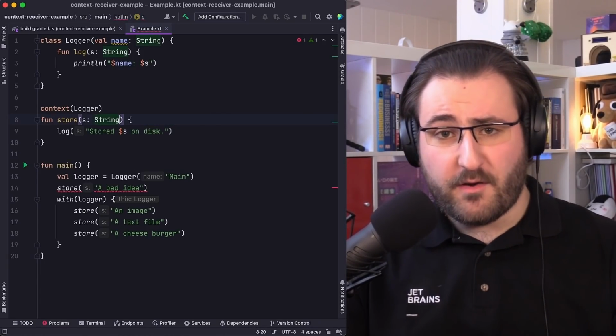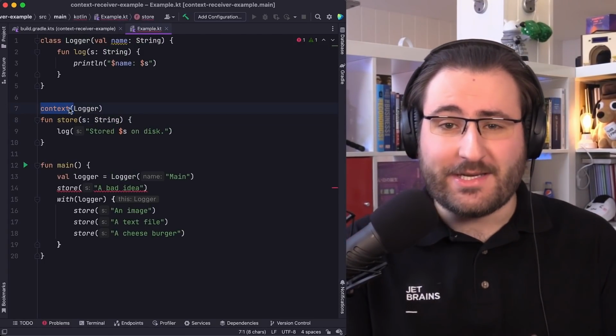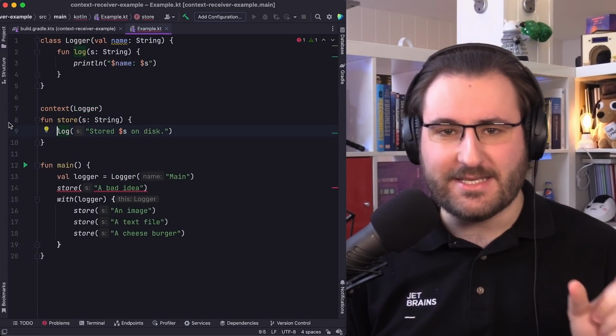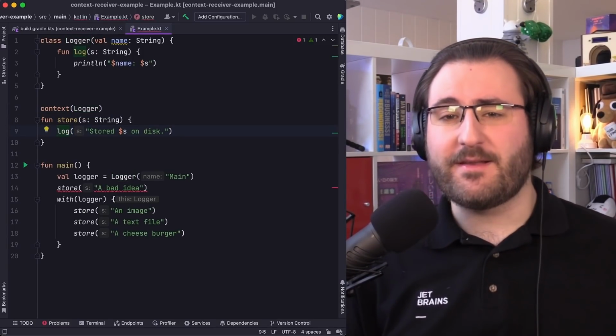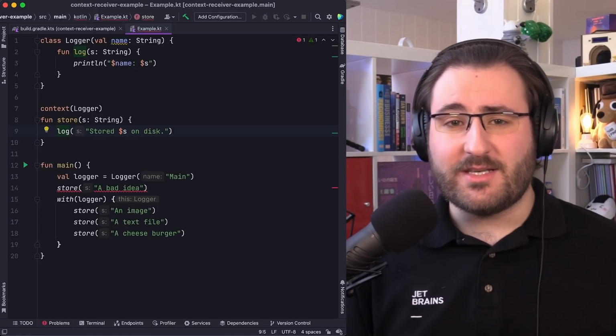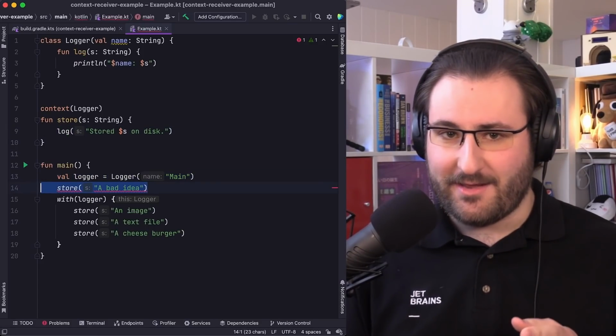In the body of our function, adding context gives us access to this context receiver type. It's almost as if we now have a this to access functions and properties from our logger object inside the block. That's the magic that allows us to call public functions and properties from the context object, like the log function. What makes context receivers special is that, unlike extension functions, we are not limited to having only one context receiver. We can have an arbitrary number of them.